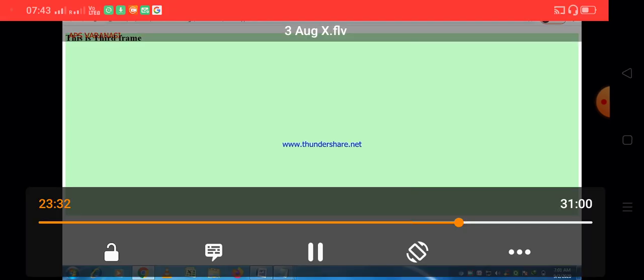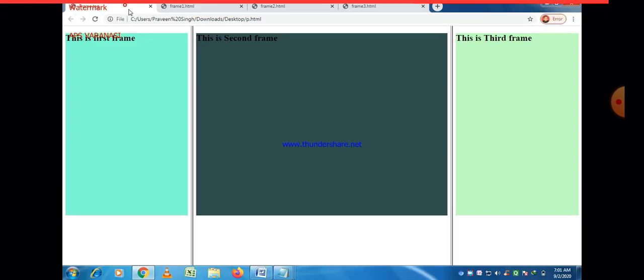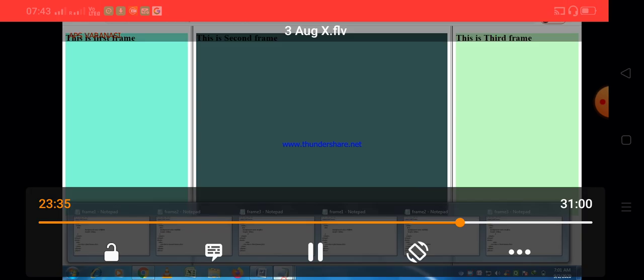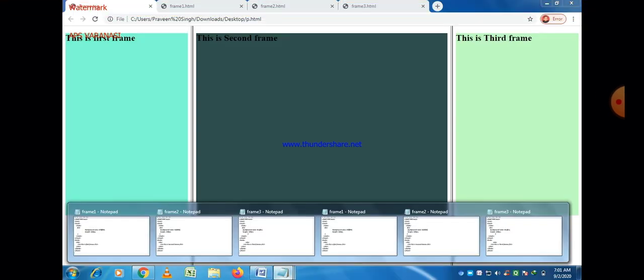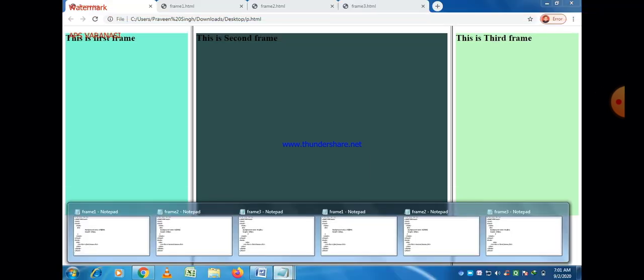So this is the first, and these are all the web pages with different colors. You can change the colors also, and these colors are used with hexadecimal notation. So in hexadecimal notation, as we know, values are represented in 6 digits followed by a hash symbol, and